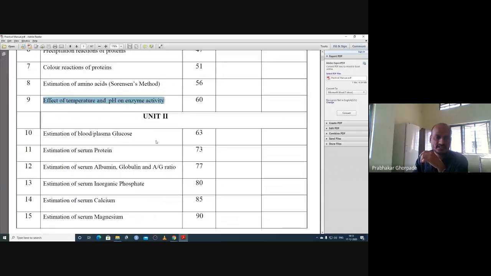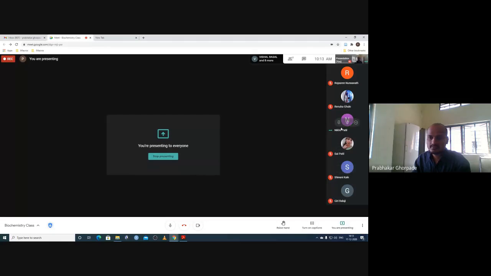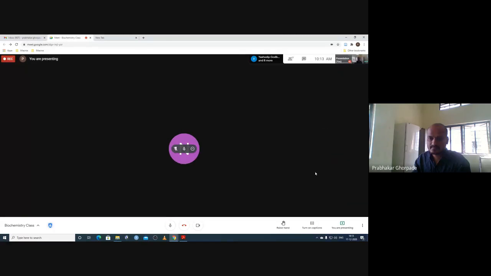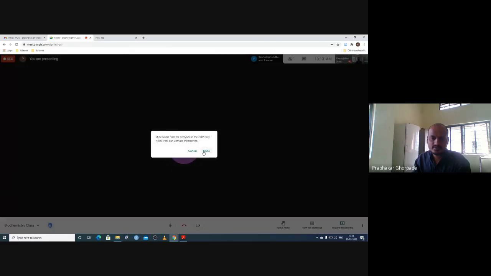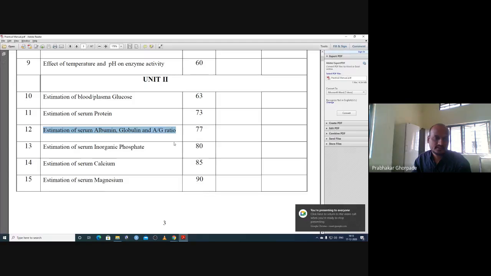Under the unit 2 practicals, we have estimation of blood or plasma glucose, then estimation of serum protein. Next is the estimation of serum albumin or globulin. Next we have estimation of